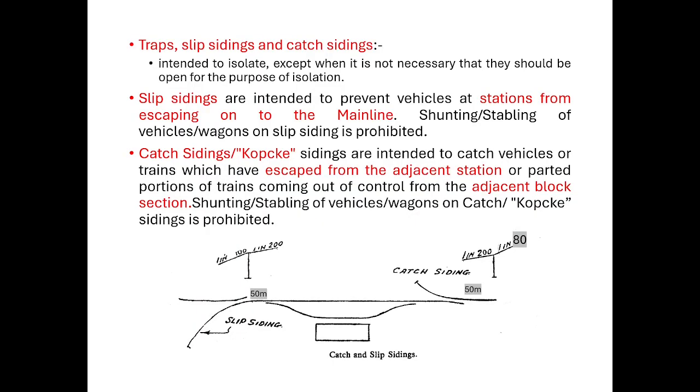Another is traps, slip siding and catch siding. Normally, as already discussed, it is intended to isolate, except that it is not necessary for them to be open for the purpose of isolation. Normally, for safety purposes, we provide some isolations for disconnection, so that any escaped vehicle unnecessarily should not go into the running line without any authority to proceed. Without authority to proceed, no vehicle should enter into a block section or main line,